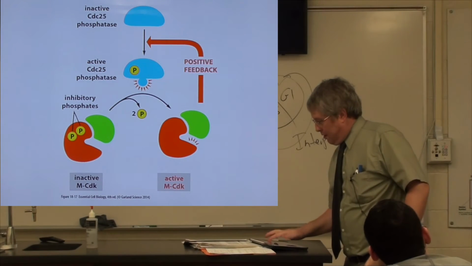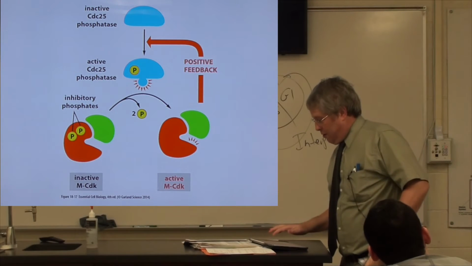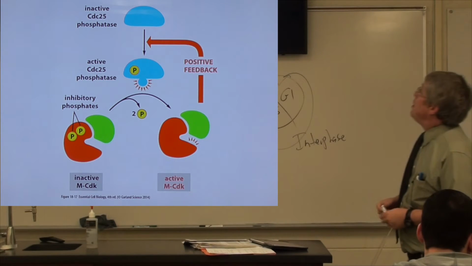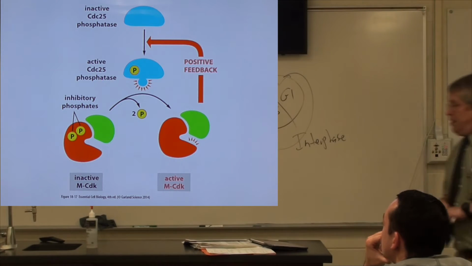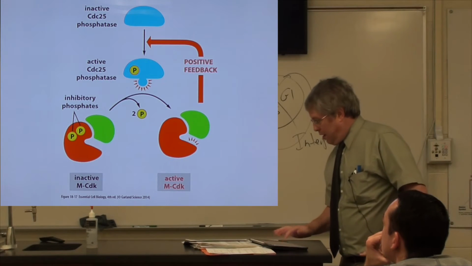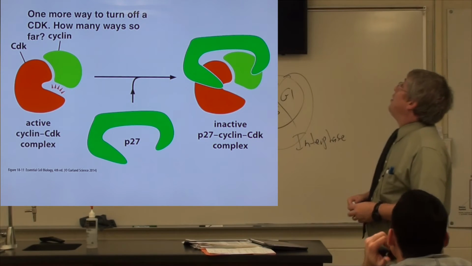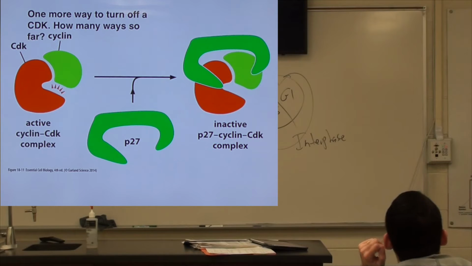All right. So that's the main ways of controlling the kinase. The cyclin levels plus these inhibitory phosphates. There's one other way we're going to talk about that can control the kinase, and that is